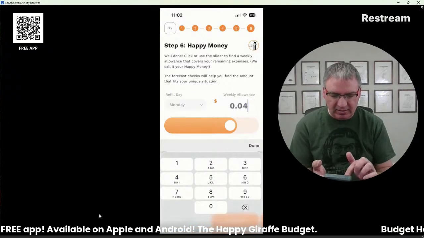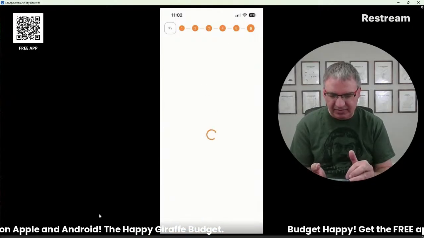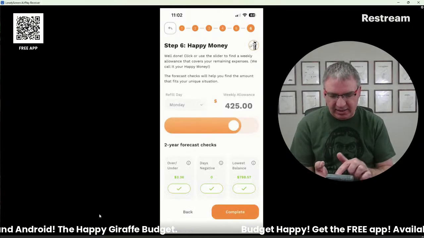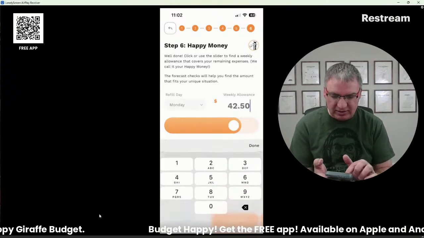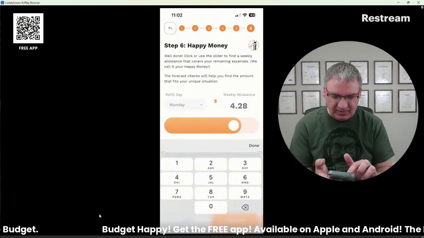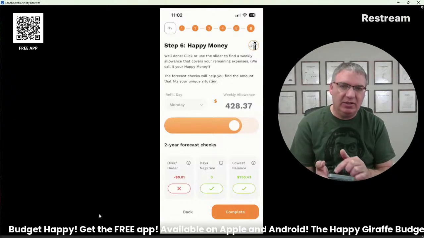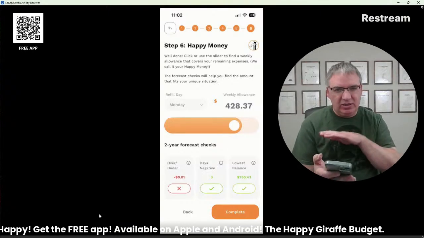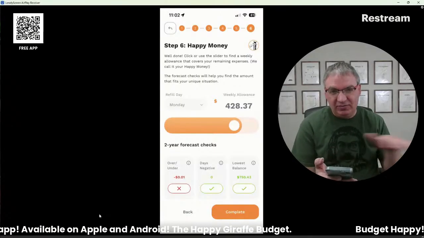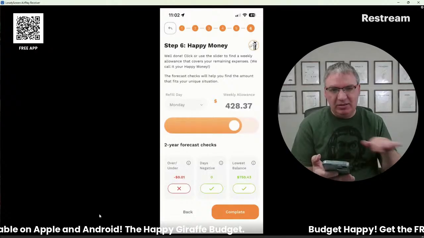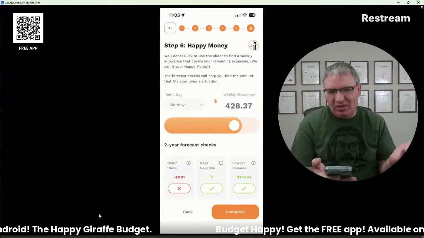So this one had a little bit extra. Looks like, can I move that up to 425? Oh, I can. Look at that. Down to $3 left. So I could move that up to 428.36. See if I go up to 428.37, I'm just barely over. So that means that over and under is kind of like your trend for the next 2 years. And that's just telling me that overall for the next 2 years, I'm just barely overspending by a penny every week. And you probably don't want that.